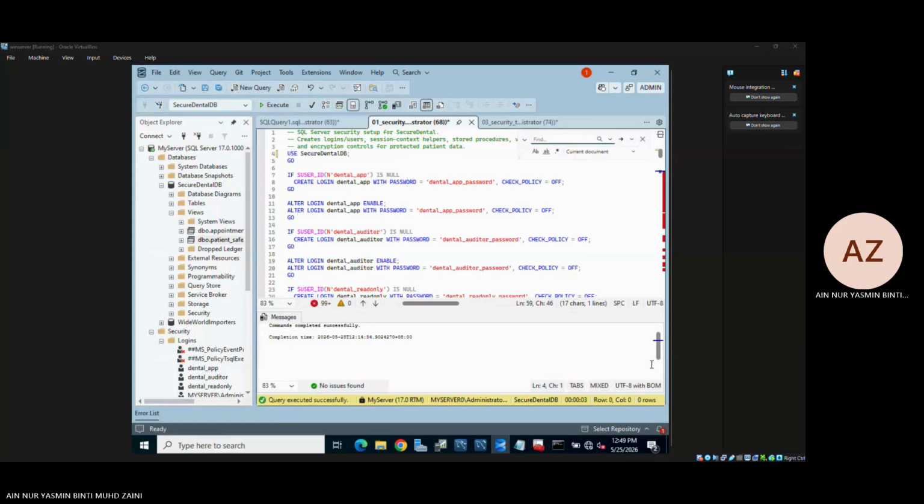Thank you. Okay, so for the next part, I am going to show the demonstration for this system. So first, I am going to show the login. So here we can see